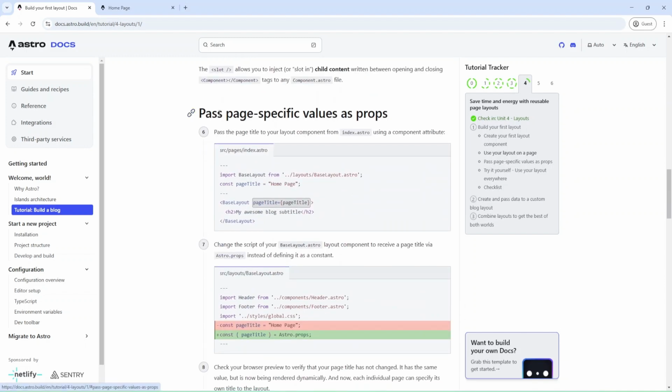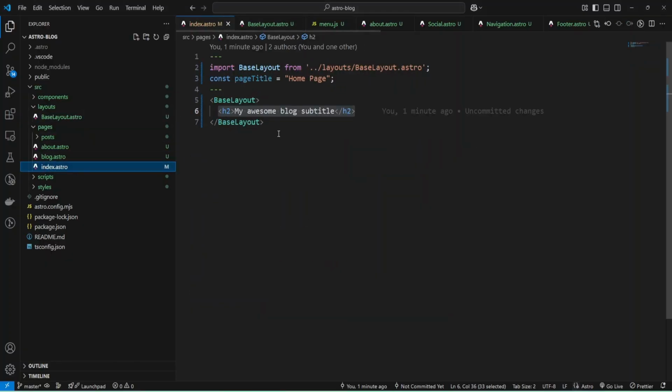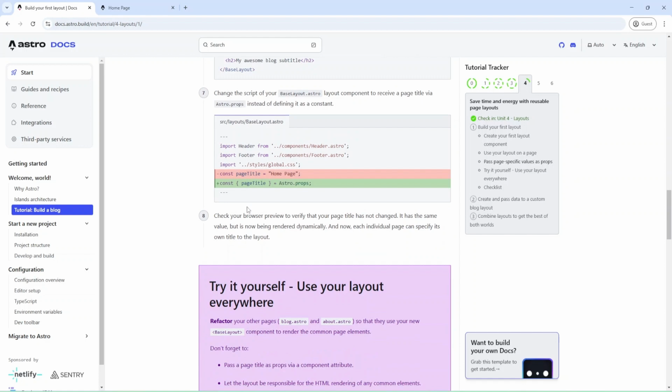Pass page-specific values as props. And we can use props. Let's try it. Inside the base layout in our index file, I'm going to add a pageTitle prop. Let's go next.